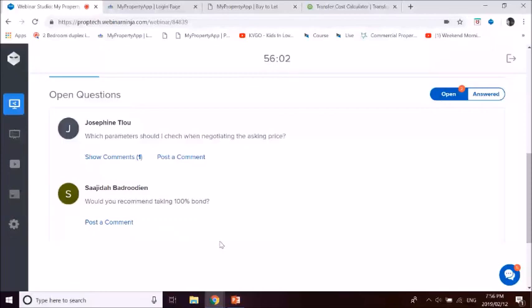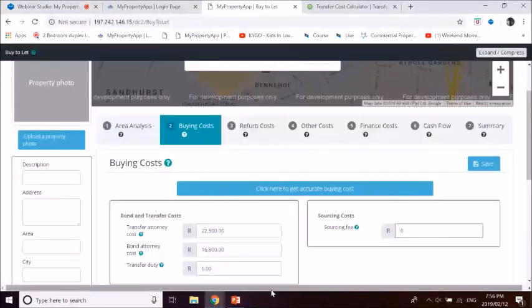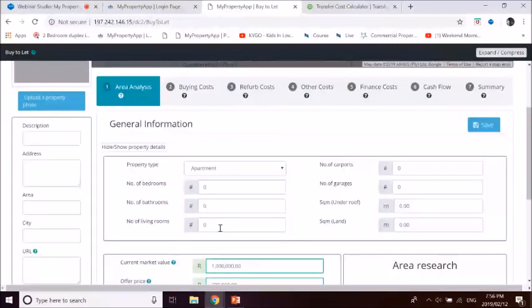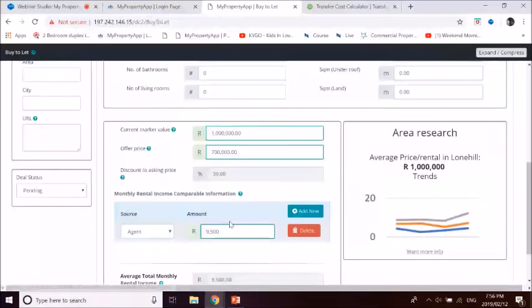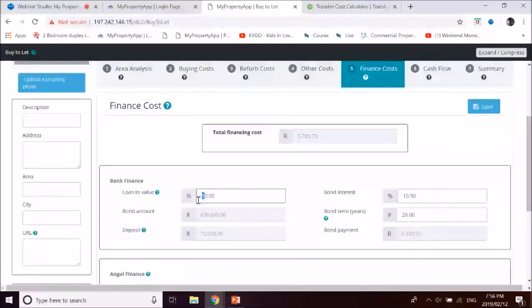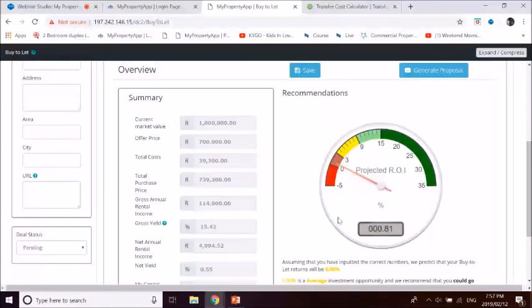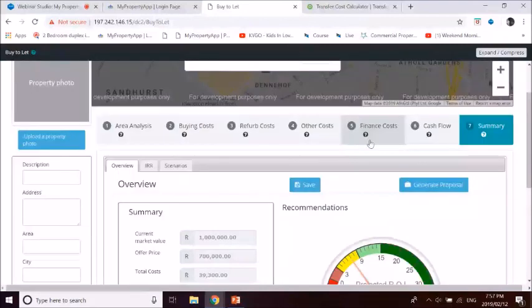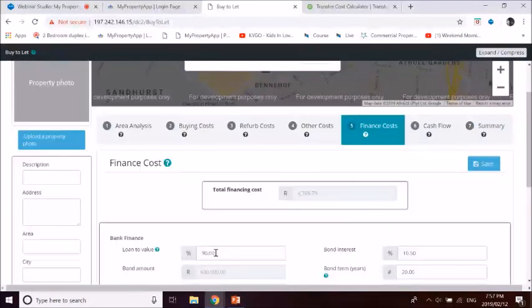Okay, the next question is, Grant mentioned making 100% profit for a deal at the training. How does that work? Well, your return on investment, he's basically saying that you can make 100% return on investment. If you're putting in 100,000 rand of your own money, the deal should bring back the 100,000 plus 100,000 rand profit, and then you've essentially made 100% return on investment. So when Grant says 100% profit on a deal, it means 100% of the money you put in gets brought back to you. Basically, you double your money.